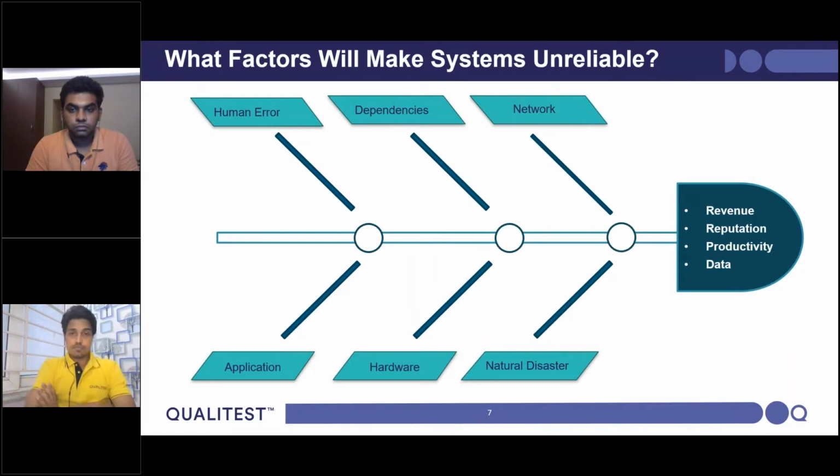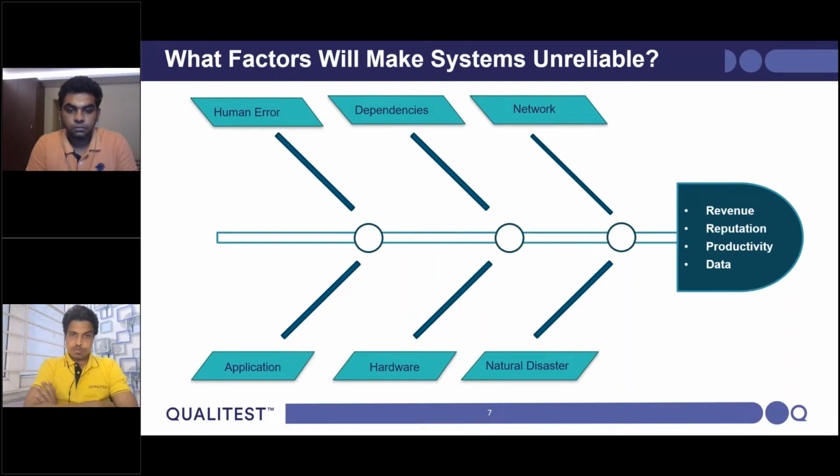But for example, if you look at some of these reasons, like human errors, the developer maybe can write by mistake. To err is human, right? Maybe he could have made some code level changes, maybe a server name change that could cause catastrophe. Dependency errors, maybe non-availability of third-party services, microservices, or maybe a payment gateway system that will have a cascading effect on the overall system. It could be network related issues. It could be packet loss or low bandwidth. Any kind of issues would eventually slow down the overall network and cause outage and reliability issues.